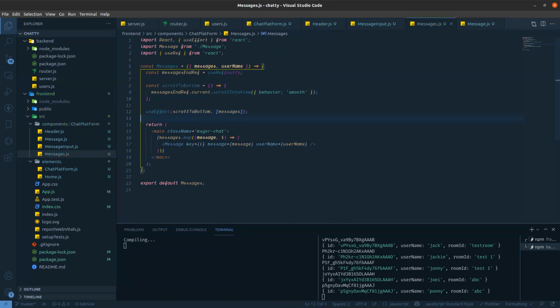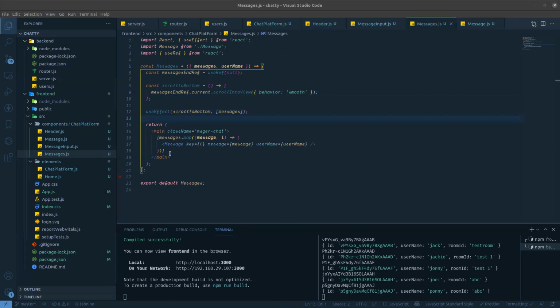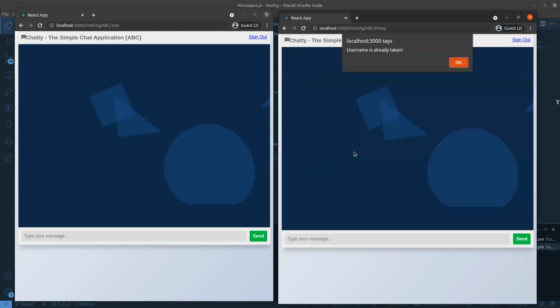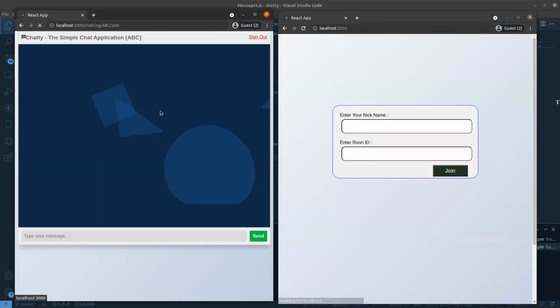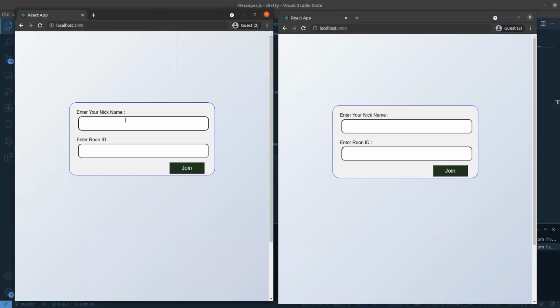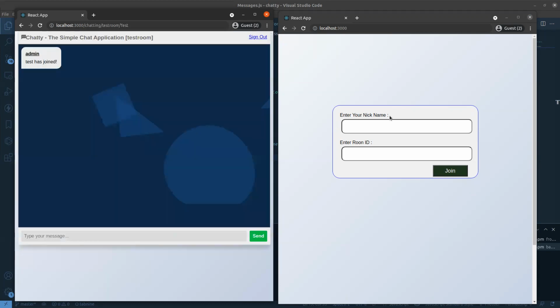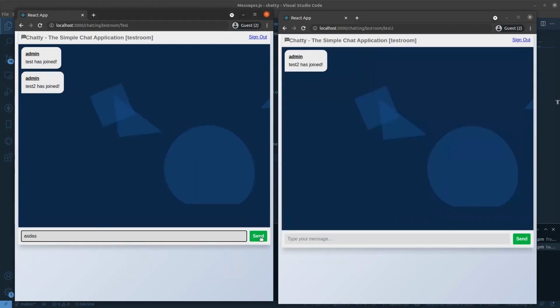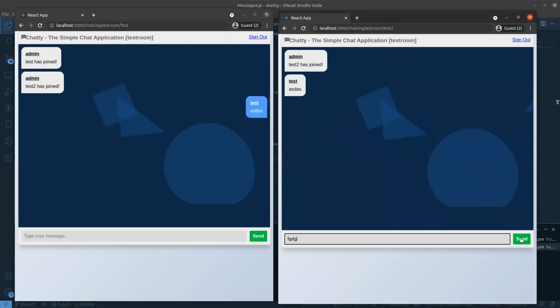And I'm just creating one div over there, so when some message comes, it will come in there. Let's start from the beginning, like test room, test 2, test room. Okay, so I'm adding here also.